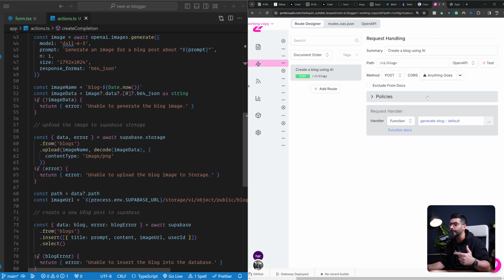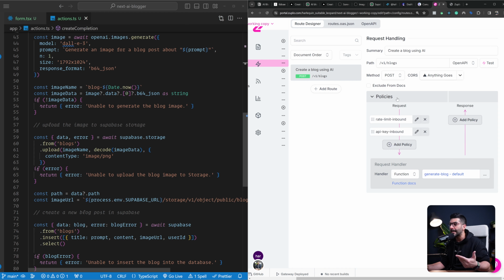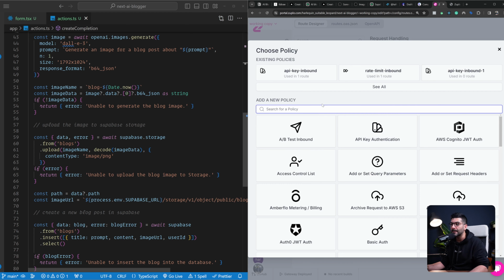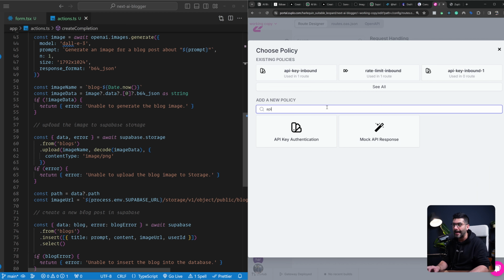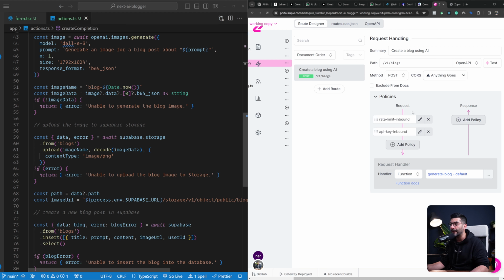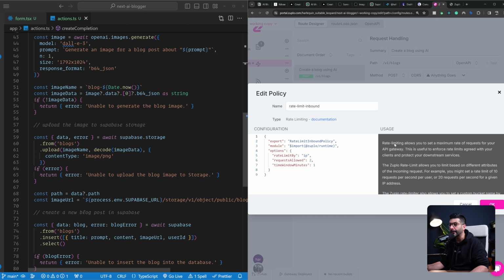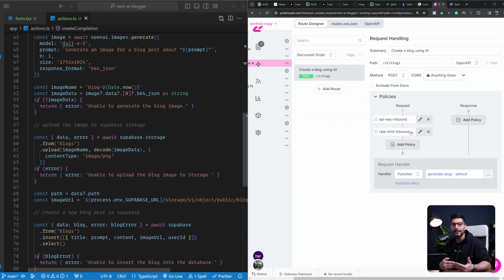Well, this is where Zuplo's power comes into play. In this policies tab, you can just easily add policies. For example, I have added this rate limiting policy or API key. So if you go to add policy, there are different policies you can add here. For example, you can add API key authentication. This requires the incoming request to have a valid API key. Or the other one that I have here is rate limiting. So I'm going to move this above that. So I'm going to authenticate the user first, and then I'm going to rate limit them. So for example, in this case, I'm allowing only 2 requests per 1 minute. So it's very easy to add policies to your requests,